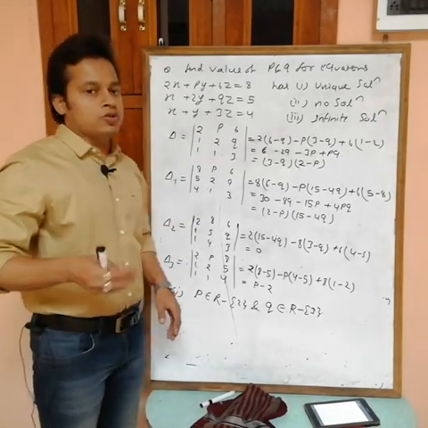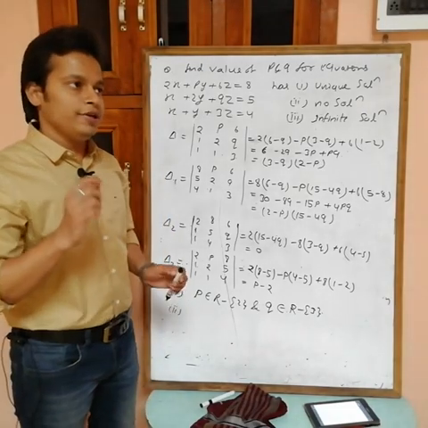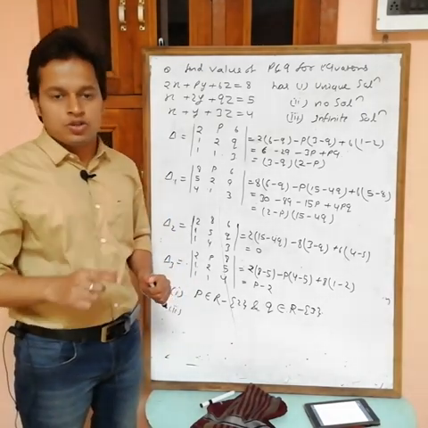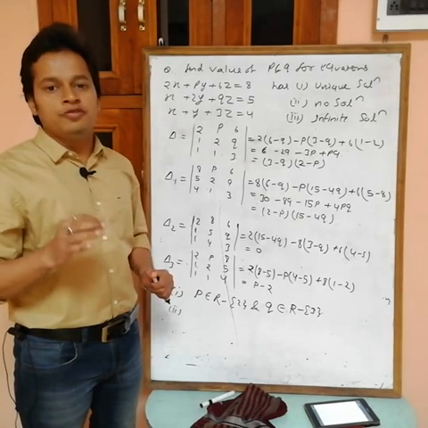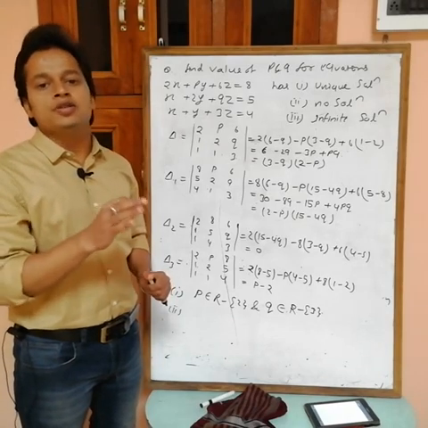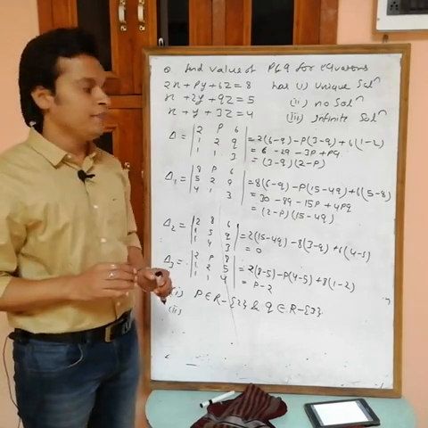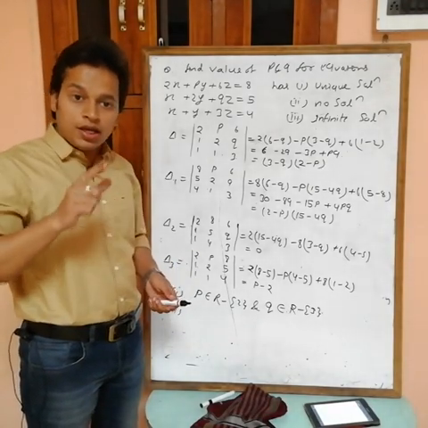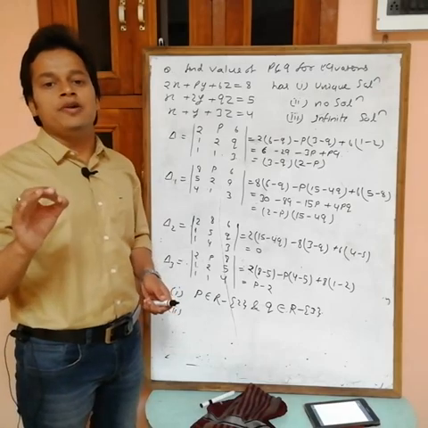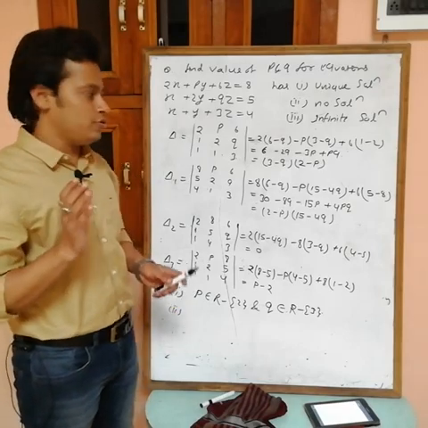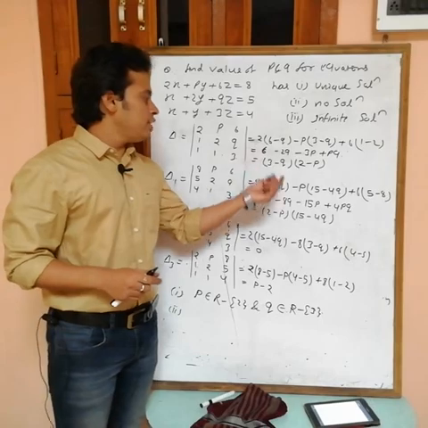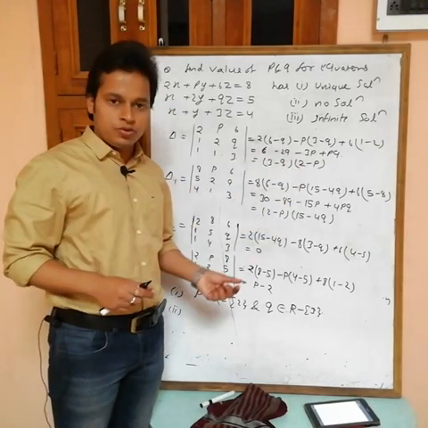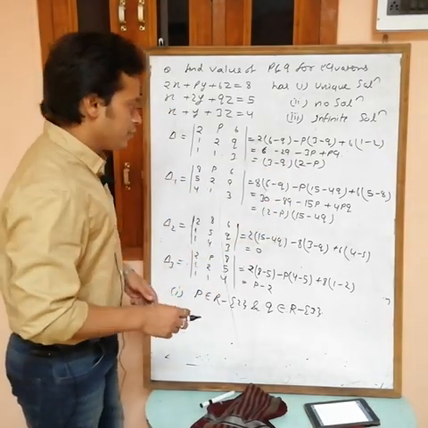In the second one, what do you want? No solution. You will get no solution if del equals 0, but at least one out of del 1, del 2, del 3 is not equal to 0. Okay, na? You will get no solution if del equals 0, but out of del 1, del 2, del 3 at least one is non-zero. Now we know that del equals 0 for either p equal to 2 or q equal to 3. Okay,